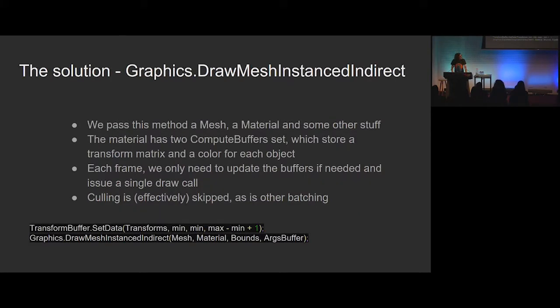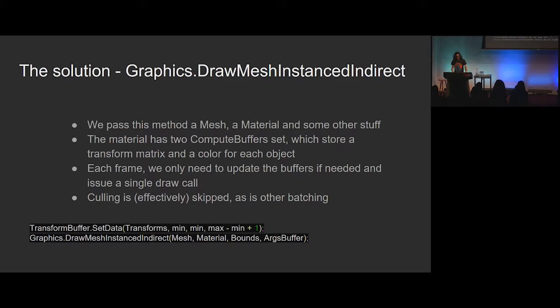And the solution we've used is a method called Graphics.DrawMeshInstancedIndirect. So at this point, we're no longer using Unity's renderer component. We're barely using transforms or any of that kind of stuff. We're just skipping Unity's typical render pipe. And we can say, hey, Unity, draw this mesh with this material and whatever information is on it this many